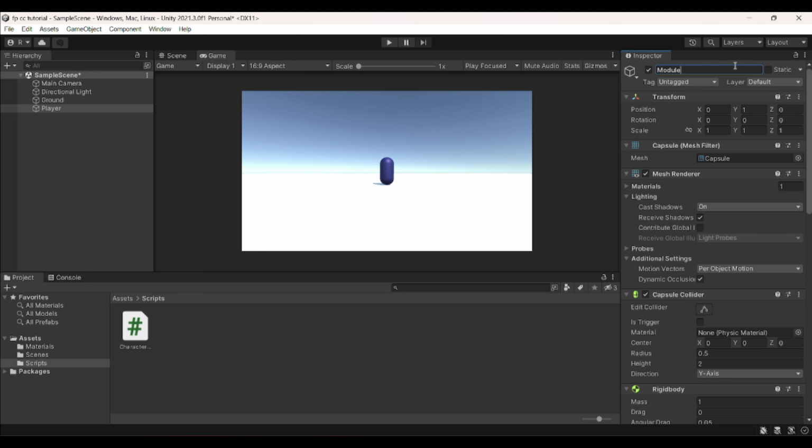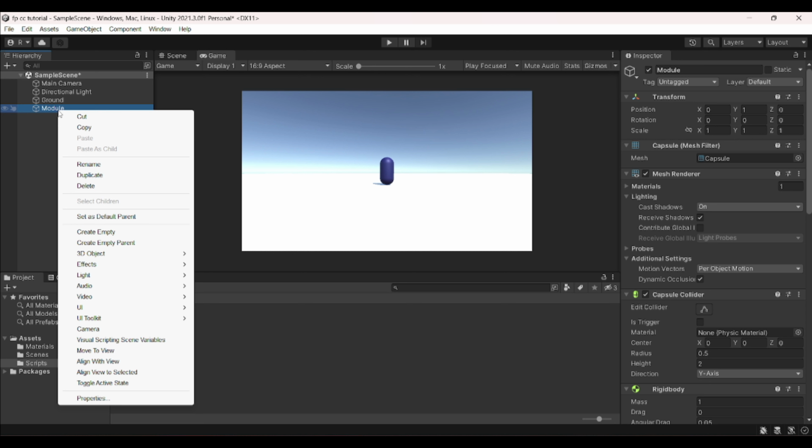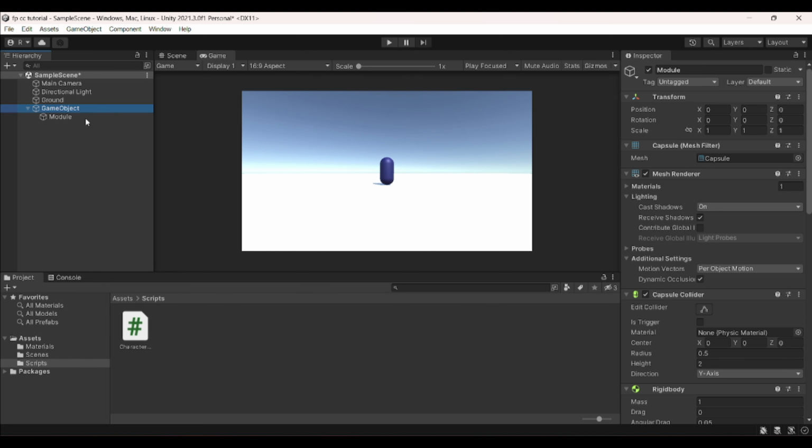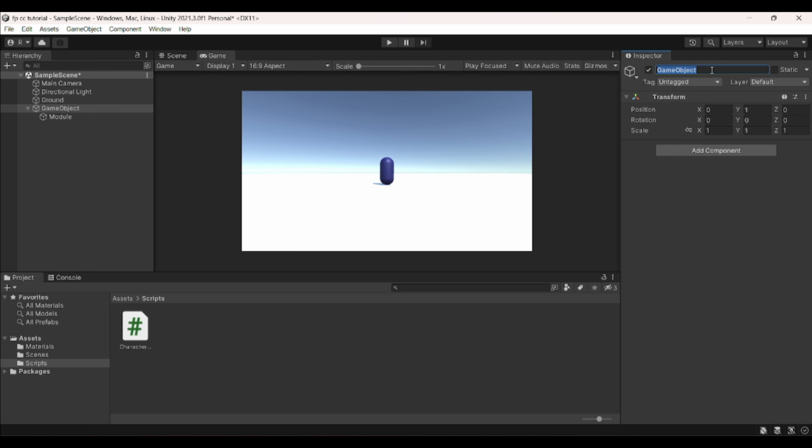and then right click on it and say create empty parent, and name this game object player, and then finally create another game object called orientation, and then add the character controller script to the player parent game object.